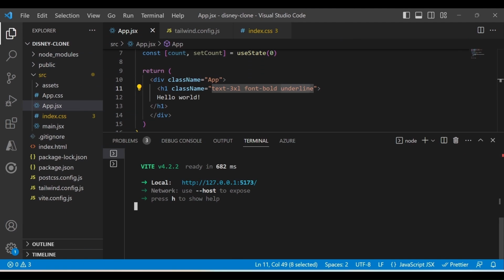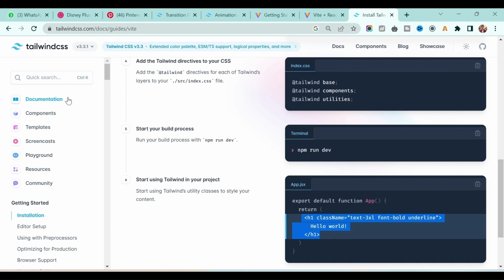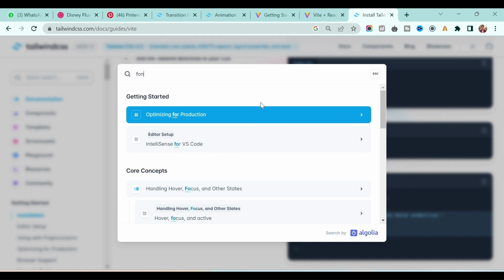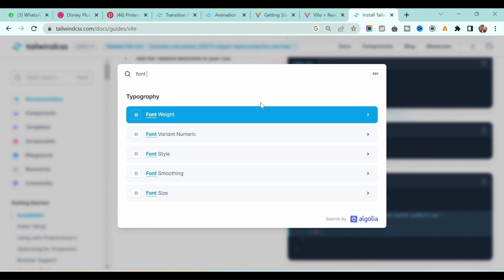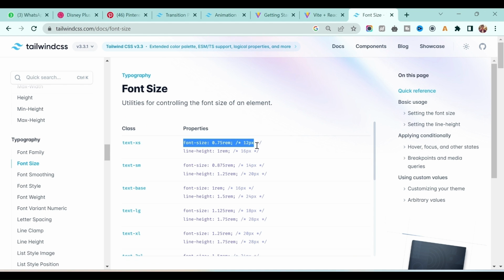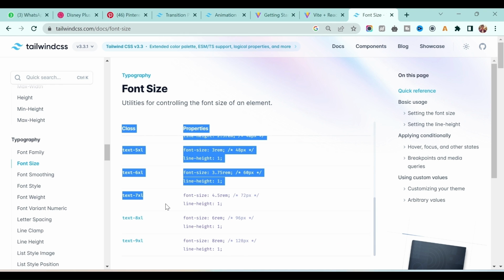Now I know it's a little difficult if you are using Tailwind CSS for the first time and you need to know how to use it. For example, say you want to increase the text size. You know the CSS, so just type font size, and if you click on it, you will see the CSS property and the class which is used in Tailwind CSS. So this is how simple it is. While we are building the application, I will teach you how to use the Tailwind CSS class names in our application, so it will be very easy for you.